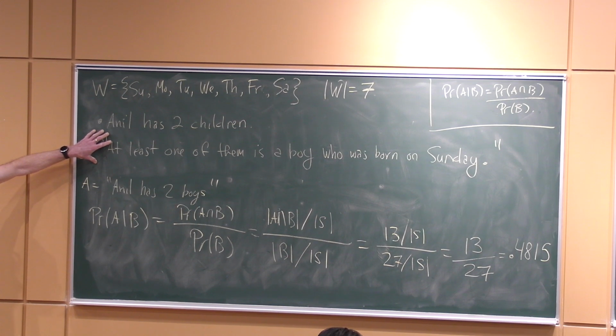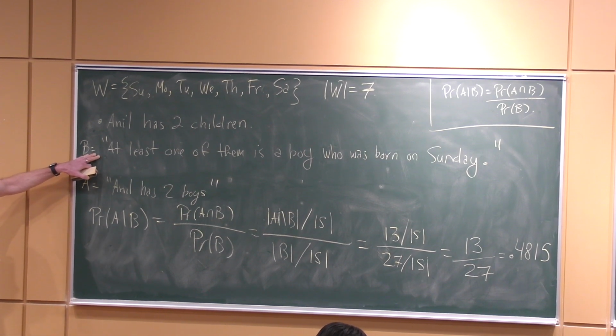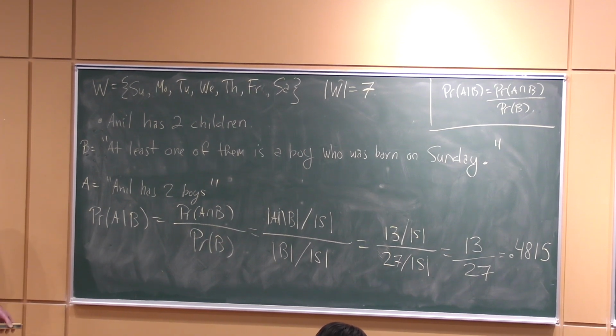You can ponder that to figure out why. I don't have a good explanation that you'll hear and say, oh, of course. That's what happens. This more and more specific information that I give you about this boy means that it really affects less and less what happened with this other child, until the other child is basically equally likely to be a boy or a girl.